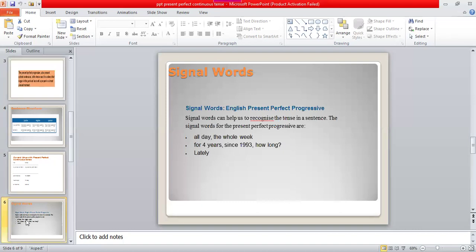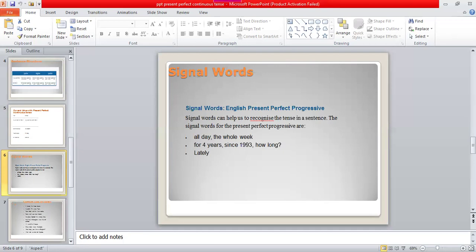Then we have to discuss all the signal words which will tell you that you have to change the sentence according to present perfect continuous tense. They can be all the day, the whole week, for 4 years, since 1993. How long, like you can say, how long have you been waiting lately? These are all the words which can be a signal word in a sentence, and they will tell you that you have to change the sentence according to